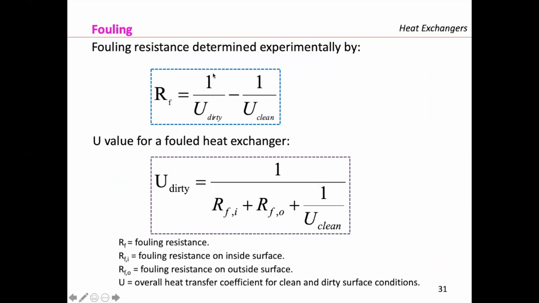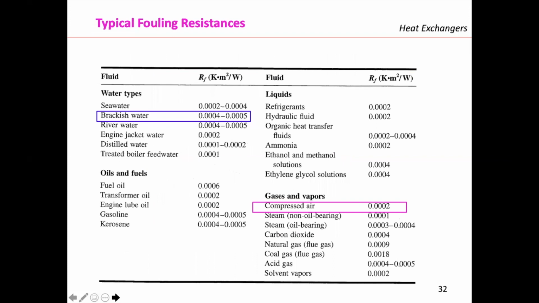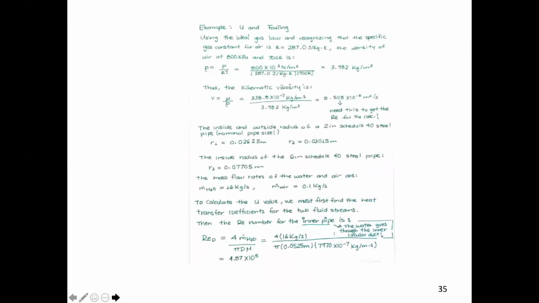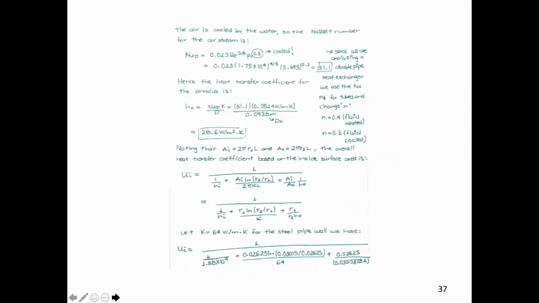So we define the overall heat transfer coefficient clean and the overall heat transfer coefficient dirty. And we said that for the fouling resistances, we can have tables to read those resistances, right? And that we typically are going to take the worst value, the worst scenario. We design for the worst scenario. And we went through this problem, but it was a kind of long problem because we need to first get all the h values in order to solve for the overall heat transfer coefficient. So we need to recall our equations